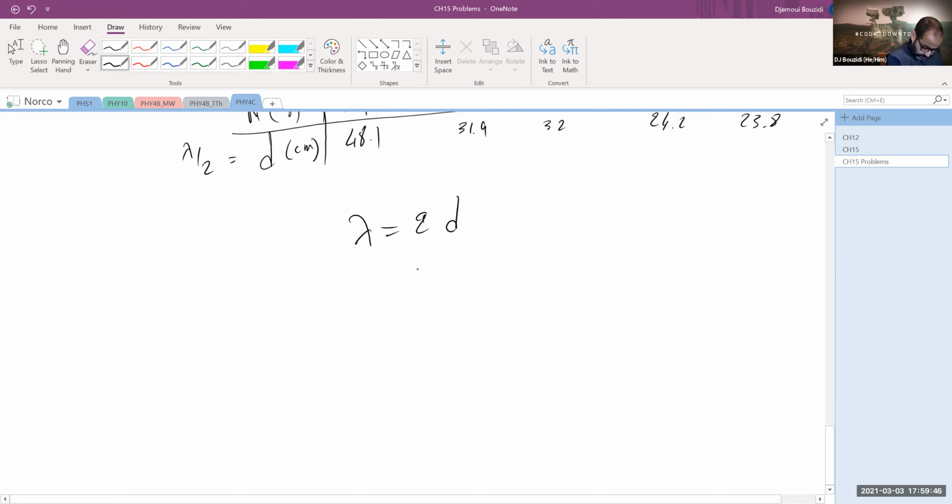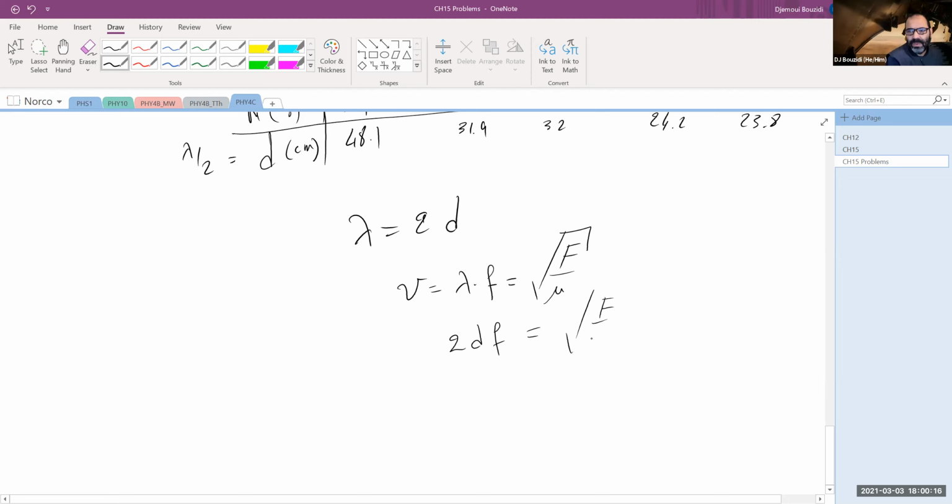And also, we know that the dispersion law says that V is equal to lambda times f, and V, if you remember from lecture, is the square root of F over mu. From this expression, I can write lambda as 2D, times f, that is exactly what lambda is,